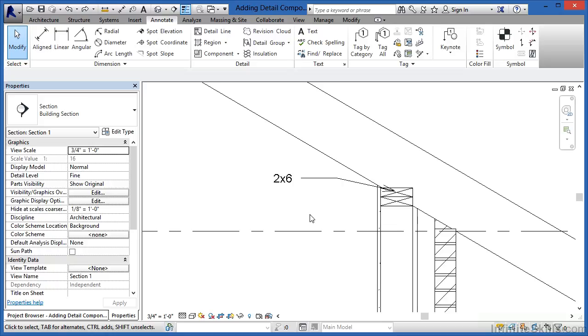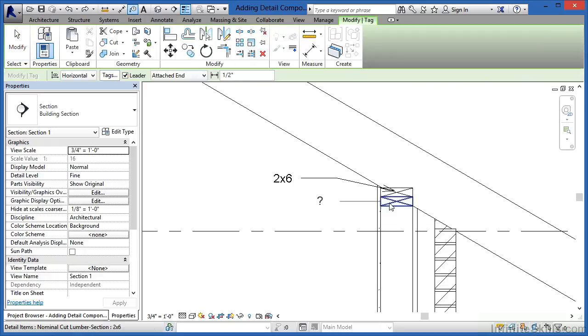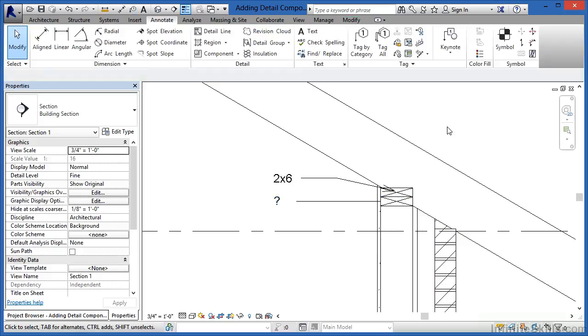Other than text, we have 2 other options for noting this. One way is called a tag, and we could do a tag by category. In this case, I'll click once, and now I'll drag this question mark on over. Now, the reason why it's given us a question mark is that the default note has not been put into this object. What it's trying to reference is what's called a type mark, and currently the type mark has been left blank. I'm going to hit escape a couple times on the keyboard to get out of this selection, and